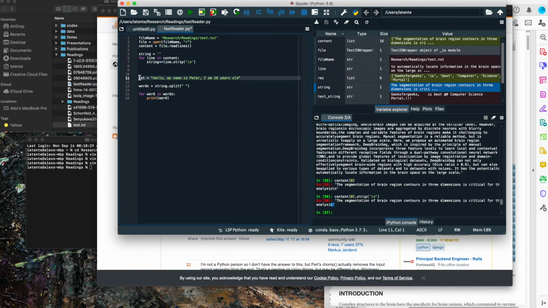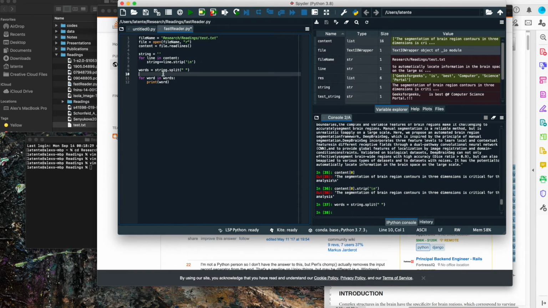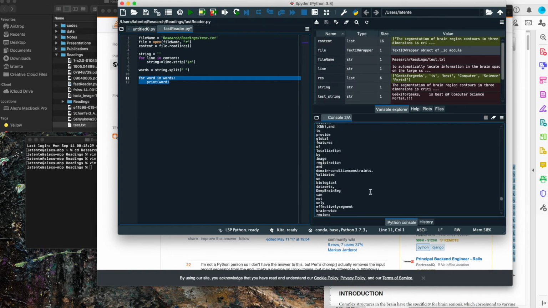We don't need this one anymore because we don't care for that text string, but now we have here words. Now if we print all the words, it's probably going to be a lot of words, but we can just check it out. Okay, so we're getting also the segmentation of brain region contours in 3 dimensions is critical for the analysis of. So there's